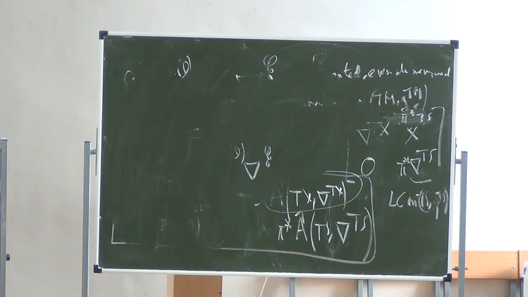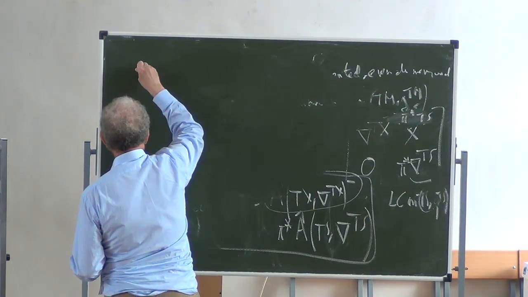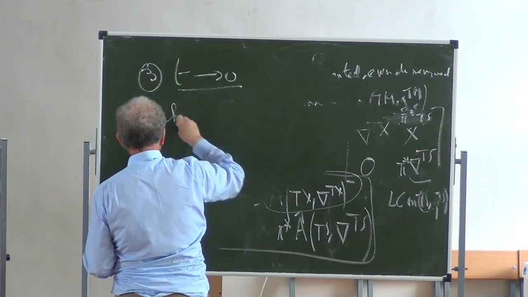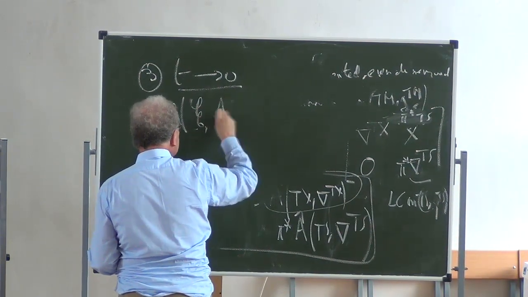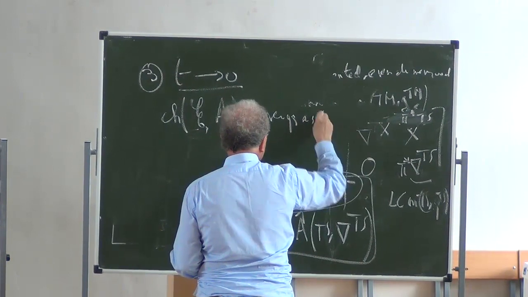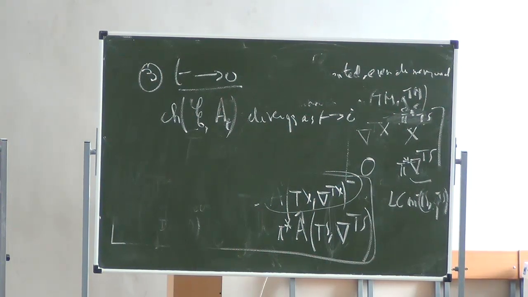Okay, so in effect, as t tends to infinity, this has a limit. So in some sense, we now have a family of forms which are constant in cohomology, and as t tends to infinity, they converge to, in some sense, the Chern character form of the index bundle. But however, if we make t tend to 0, then things go extremely bad in general. So Ch of E and AT essentially diverges as t tends to 0. It has an asymptotic expansion but extremely divergent,